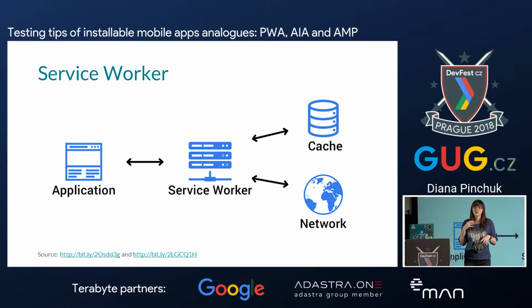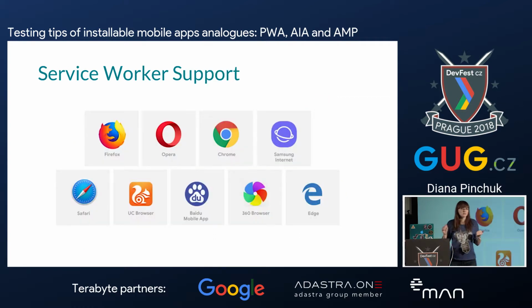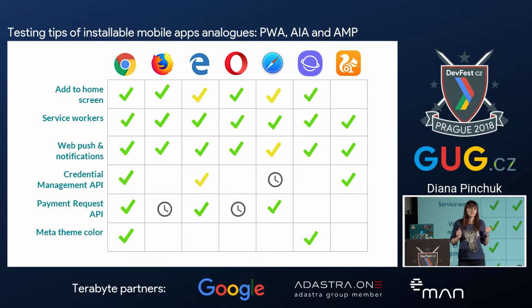If talking in a very easy way, a Service Worker is a script that is running in your browser in the background, and it's caching information and makes your progressive web app available and working as a native application. What's even better, Service Workers are accessible on different mobile browsers. Especially good news about Safari, because progressive web apps are also available on iOS, not only on Android. For example, this slide is taken from Google I/O, which took place this year.